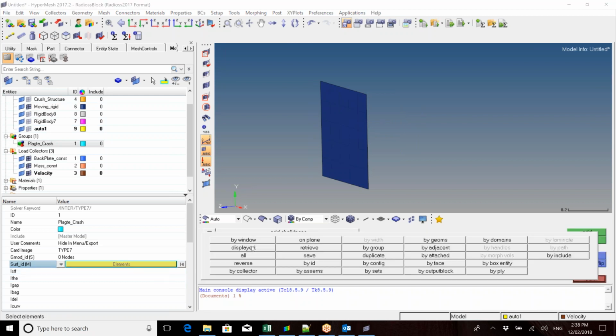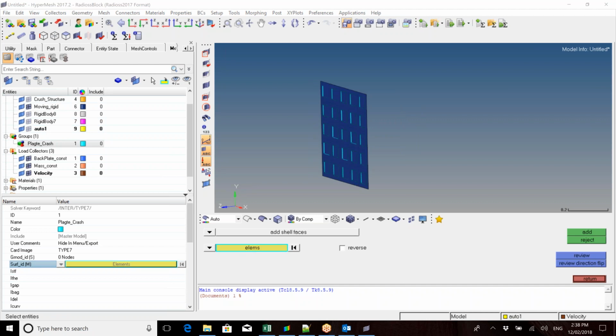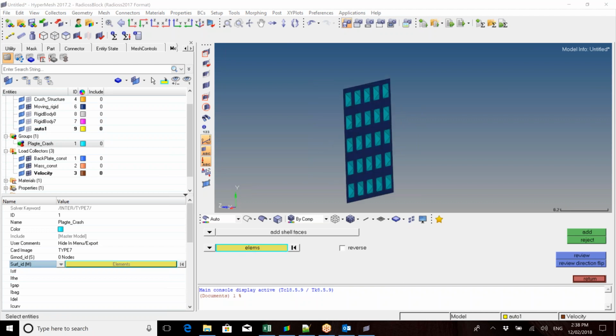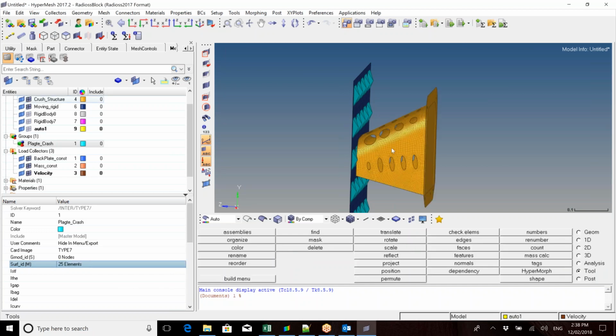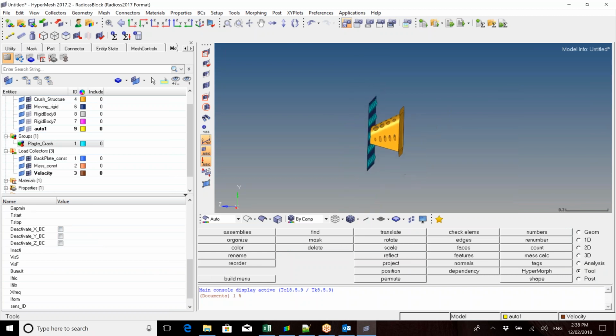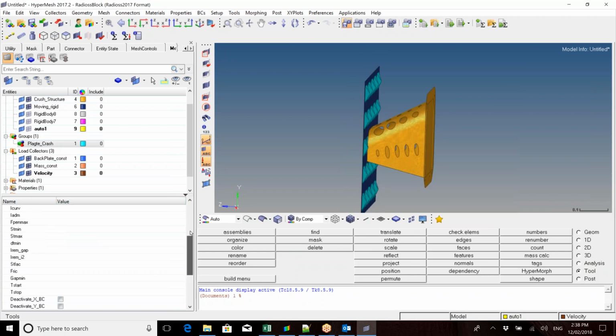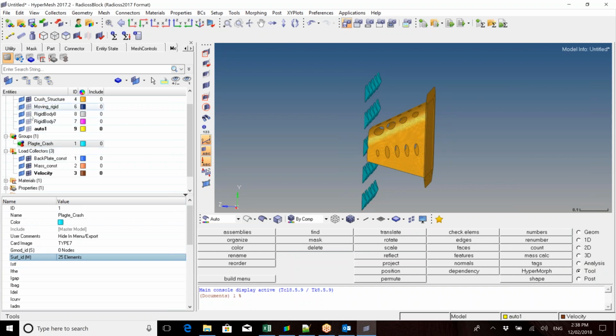elements, displayed, add. Now they've become the master, and as you can see the direction of the contact, which is correct because it's facing towards our crash structure. When we return out of this, we can see it. You want the contact facing the direction of the slave nodes or slave surfaces or slave elements, whichever one you're selecting. So I'm going to turn that off, and I'm going to turn this off,